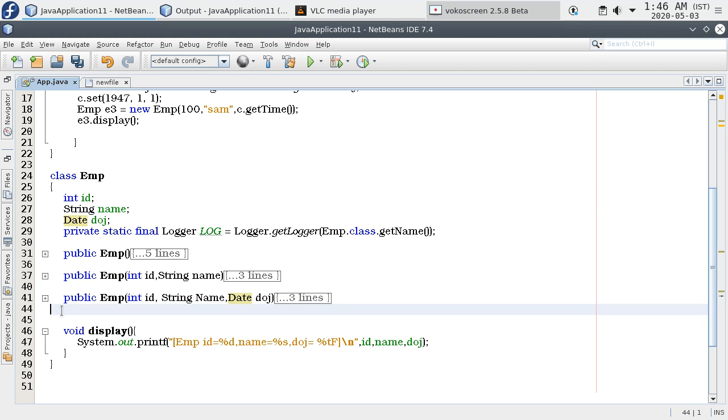Function overloading is nothing but using same name with the different parameter types is called function overloading. But in this case we are using a function name as same as class name, that is called constructor overloading, and also you can call it as parameterized constructors. See, employee, this constructor doesn't take any values. This constructor takes 2 values. This constructor takes 3 values. Nothing but you are using same method.